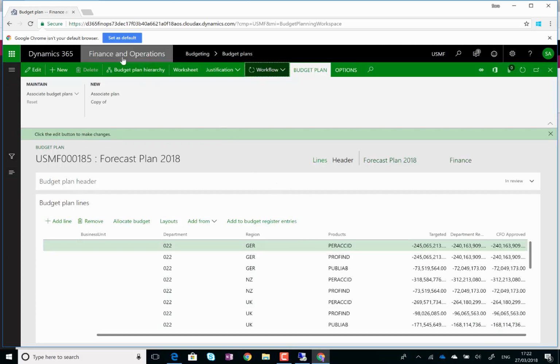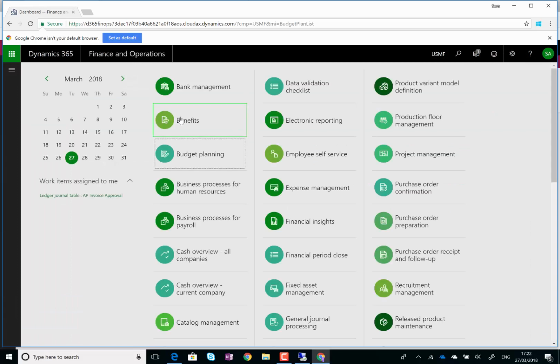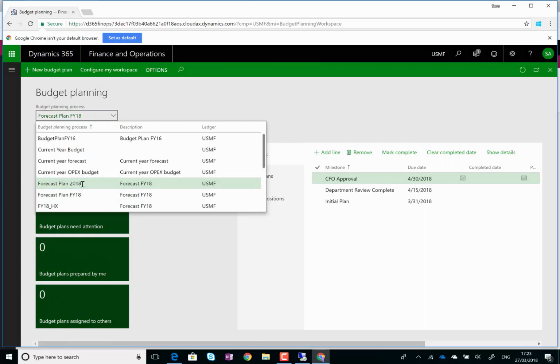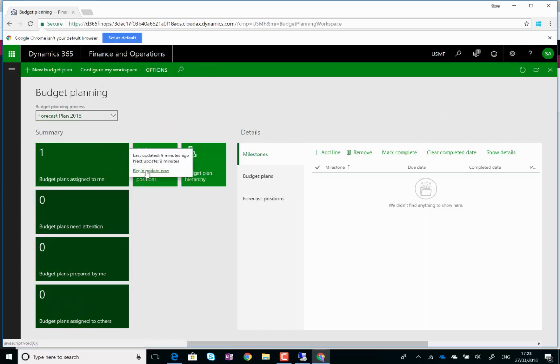So that will update the workflow. It will also update the workspace. So if we have a look at those particular plans again, we should see that the CFO has no longer got anything to do in budgets plans assigned to me. So they should go on in the workflow, and to finish this process off, all we have to do then,